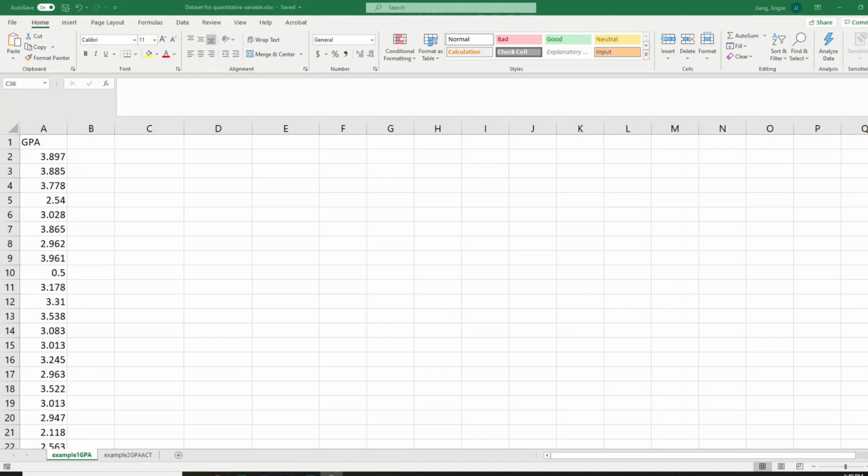So in this video, we are trying to learn how to use Excel to generate a frequency distribution for a quantitative variable. On this spreadsheet, I'm showing you 120 students' GPA. It's not from my students in the classroom, it's just data. I just want to use that example to show you how you can create a frequency distribution using